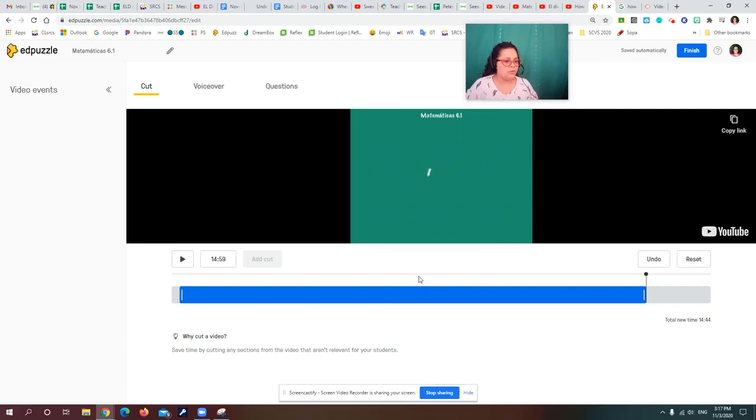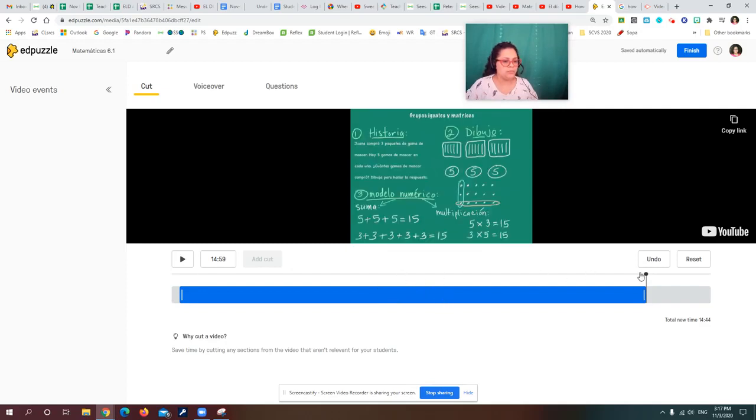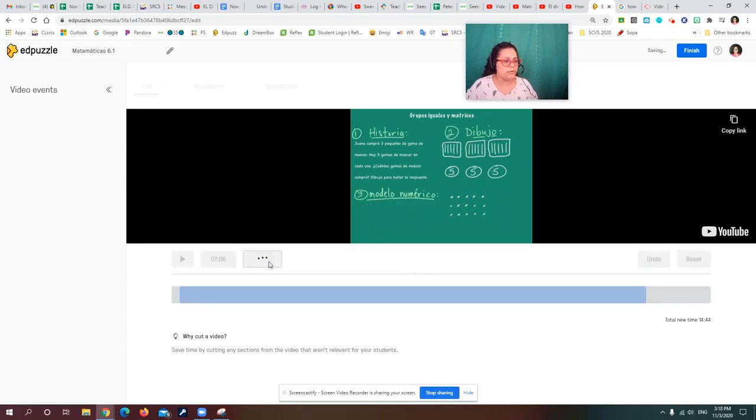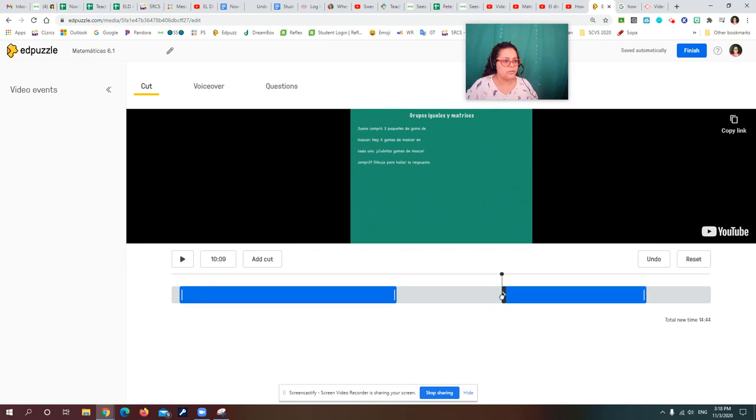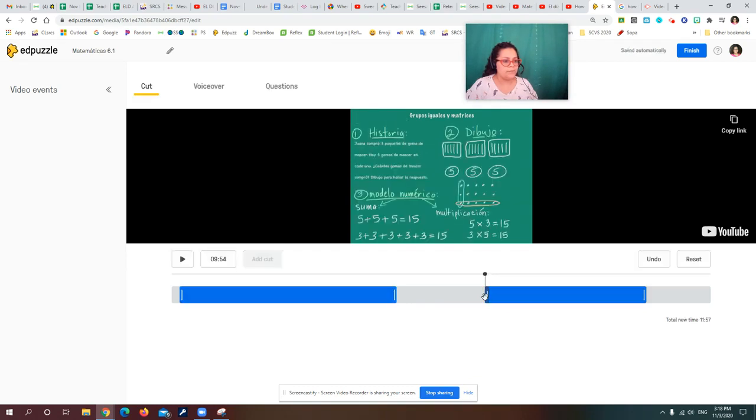And now maybe I'm going to move this needle to the middle. And maybe I want to cut out, oh God, I did way too many examples. I can add a cut. There's a button here that says add cut. I'm going to add cut. And now I can remove that extra problem that I didn't want to include. Okay. So that one is now gone. I can move the needle over here. And now when I click play,